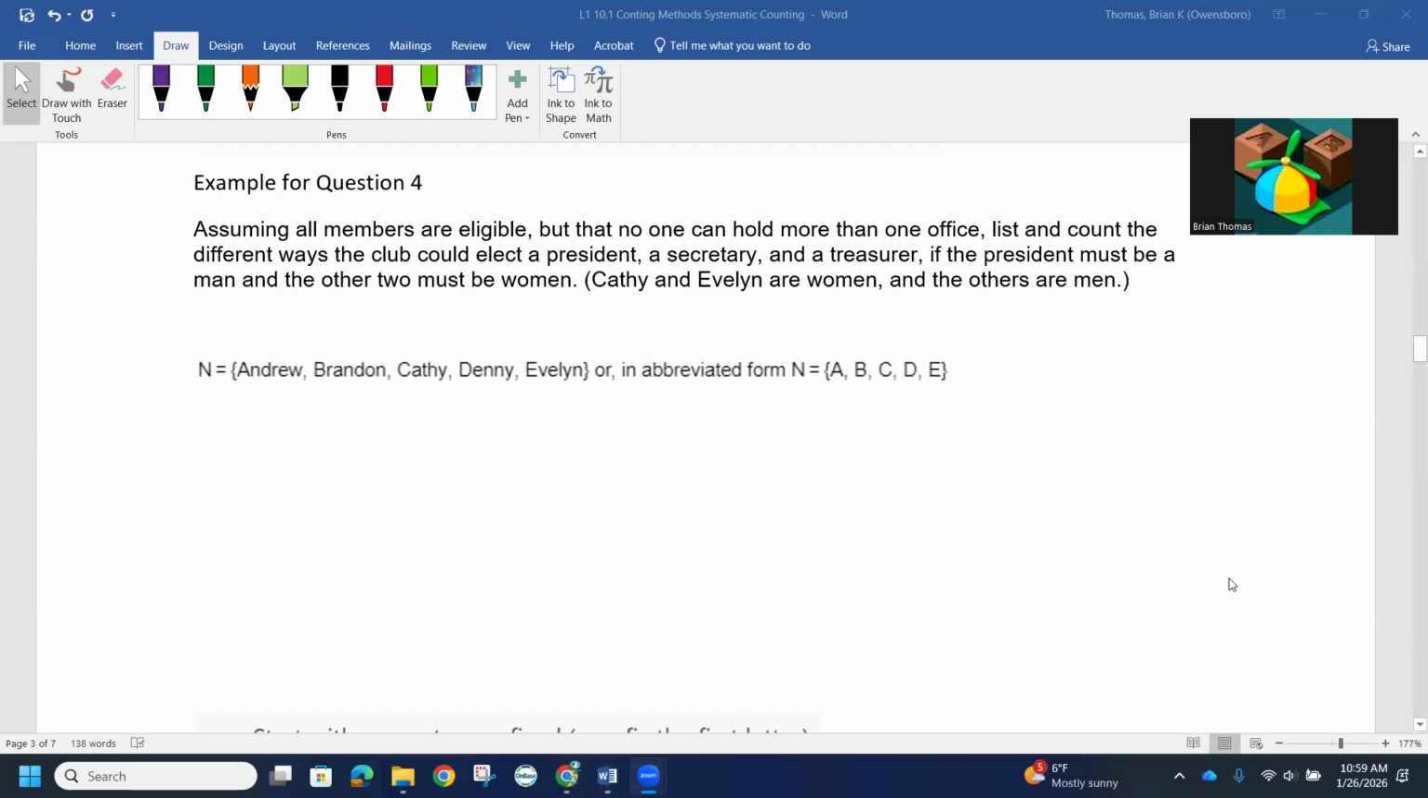So again, a tree diagram, we kind of start out with our initial piece and then we kind of branch off. So initially, we're seeing that we have Andrew, Brandon, and Denny are our possible presidents. So let's start with Andrew. So we have Andrew can be president. Then we branch out. You can have either Kathy or Evelyn be the